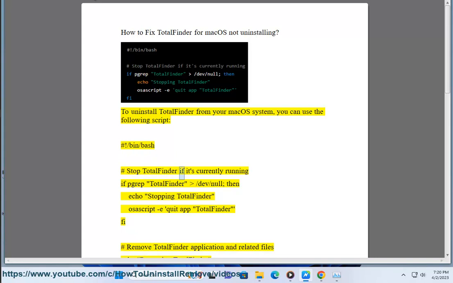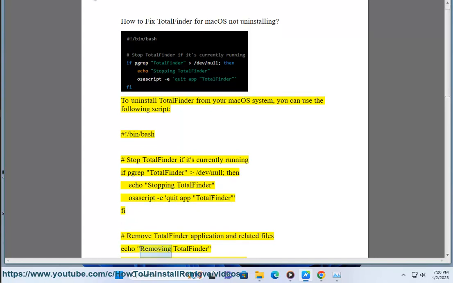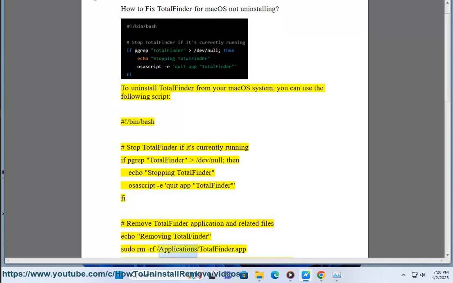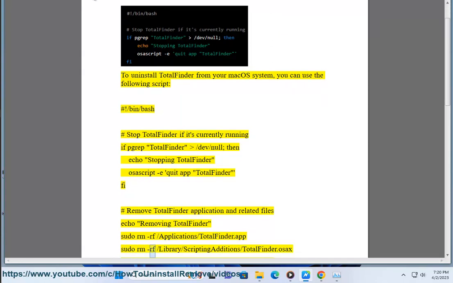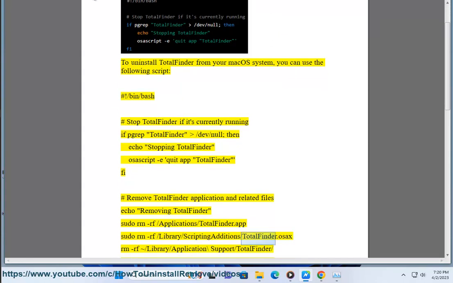#!/bin/bash # Stop TotalFinder if it's currently running pgrep TotalFinder > /dev/null; then echo "Stopping TotalFinder" osascript -e 'quit app "TotalFinder"' fi # Remove TotalFinder application and related files echo "Removing TotalFinder" sudo rm -rf /Applications/TotalFinder.app sudo rm -rf /Library/ScriptingAdditions/TotalFinder.osax